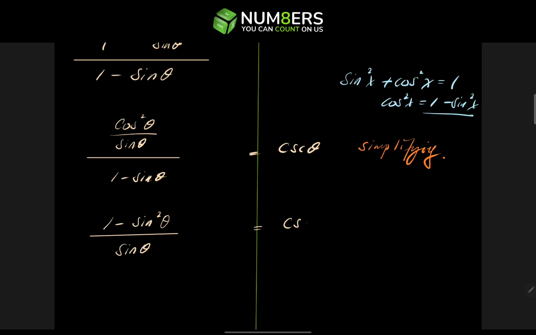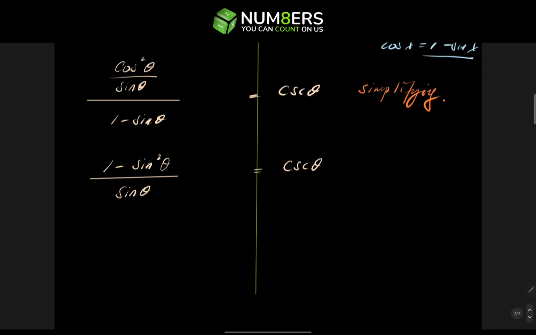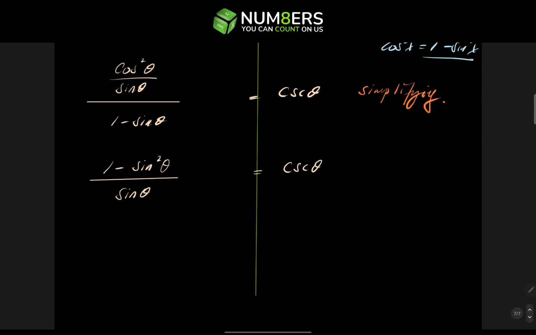That's equal to cosecant theta. And I forgot the 1 minus sine on the bottom, 1 minus sine theta here. That's equal to cosecant theta. And what we did here was we used the Pythagorean identity. So let's write down Pythagorean